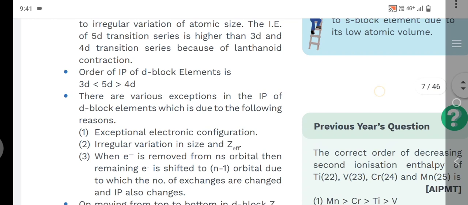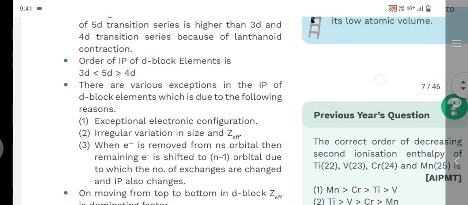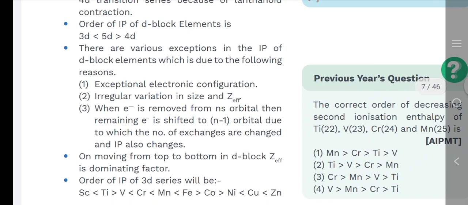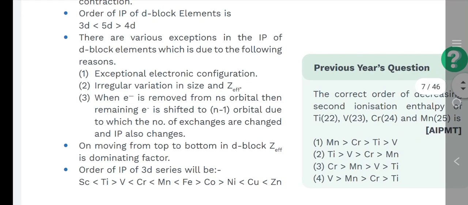There are various exceptions in the IP of d block elements, which is due to the following reasons: exceptional electronic configuration, irregular variation in size and effective nuclear charge. When an electron is removed from the ns orbital, the remaining electron is shifted to the (n-1)d orbital, due to which the number of exchanges changes and the IP also changes. On moving from top to bottom in d blocks, effective nuclear charge is the dominating factor. The order of IP of the 3d series will be given as below. The order is